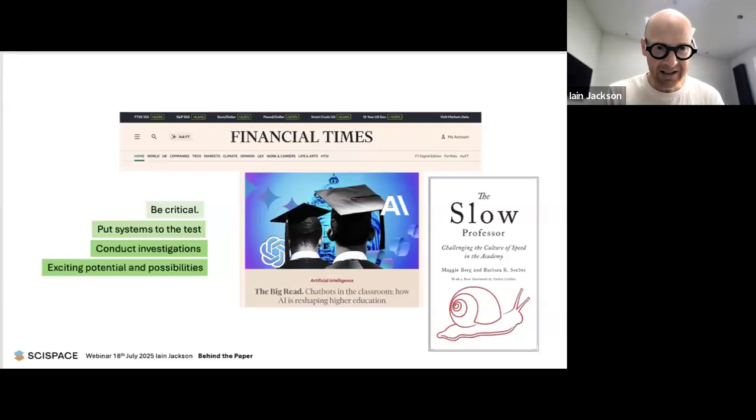I don't want to be out of date and still using outmoded methods if I could work in a more effective way. So I like to put things to the test. I use my own research to test AI products and apps and how we might utilize them properly. So some of you will have seen my work on LinkedIn and in other places. If I write about AI, it's because I've used it. If I don't like a particular application, then I don't write about it.